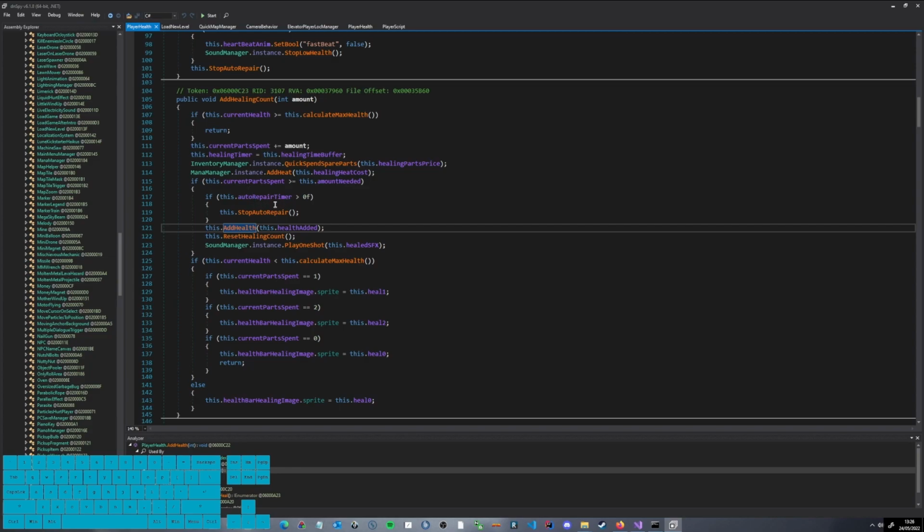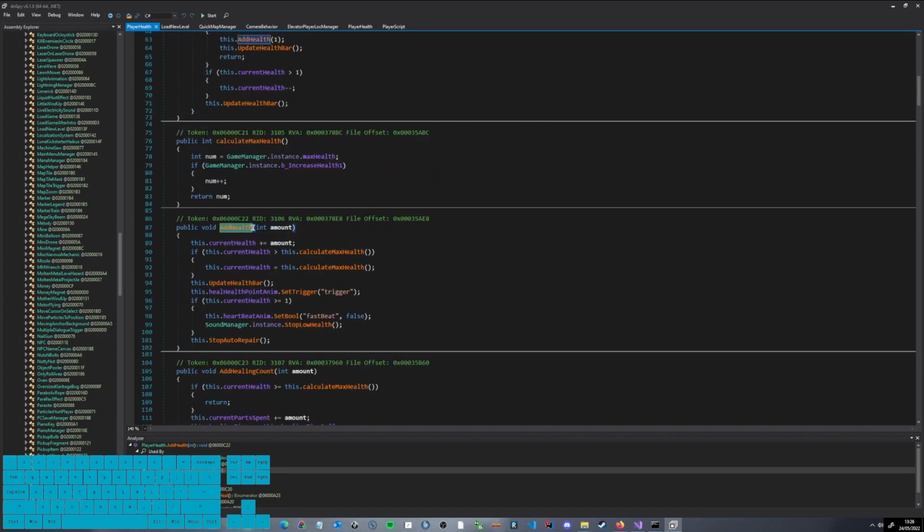You also see the auto repair time, so it's healing. So this should work pretty well. You can also see that it automatically updates the health bar and the animation. Obviously you can also just access the current health yourself and increase it, but the method already exists. It has some fancy stuff to it, so why not just use it?